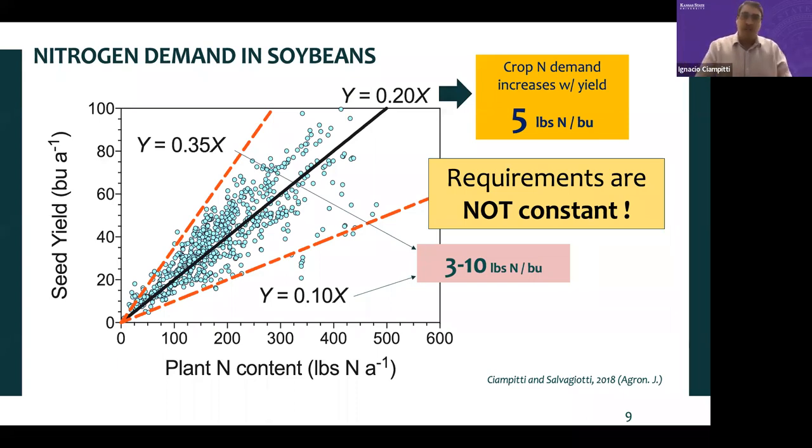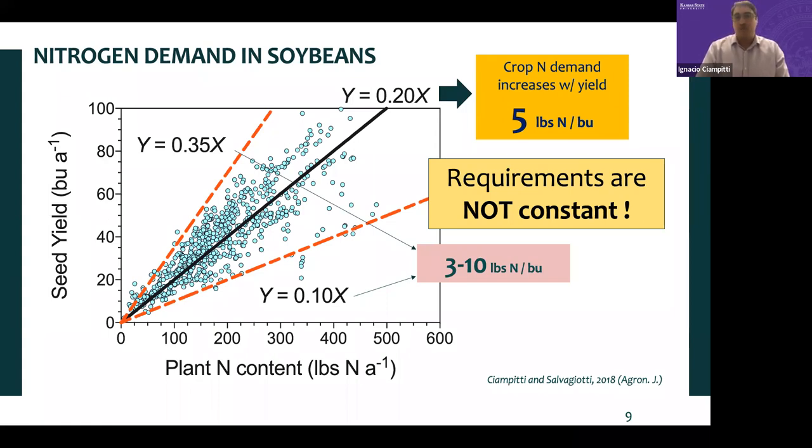So just to give you a simple number, if you look at soybean yields, that could be around 60 bushels. On average, you might have inside of that plant 300 pounds of nitrogen. And then the question is, where is the nitrogen coming from? When you start thinking about 300 pounds, how much is coming from the soil? How much is coming from fixation? There is a very relevant portion, in many situations, in many soils, where this nitrogen is coming from soil.